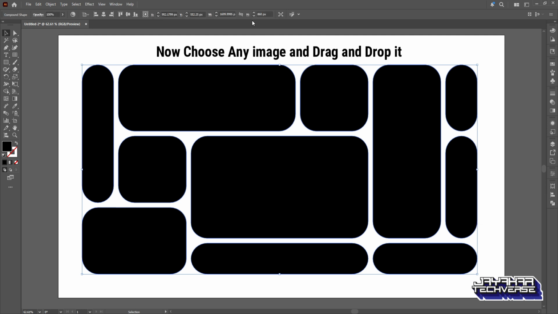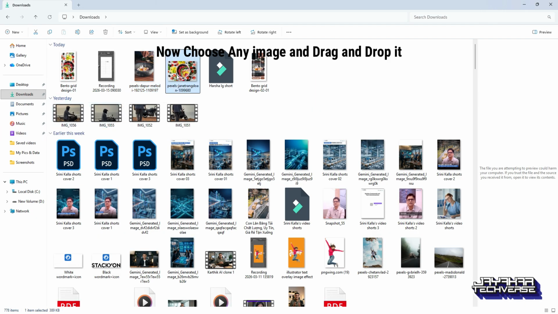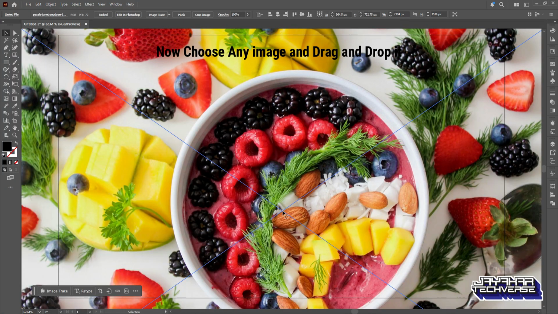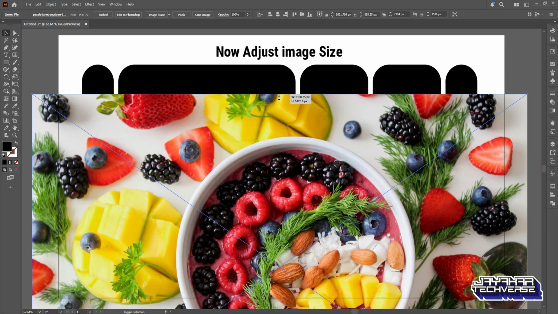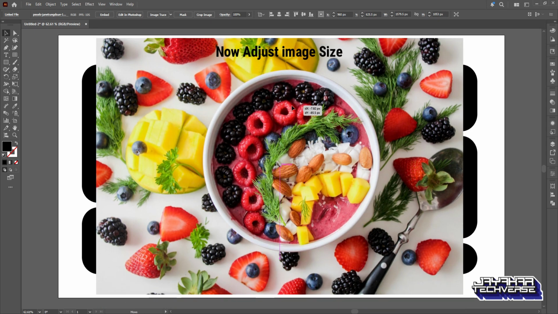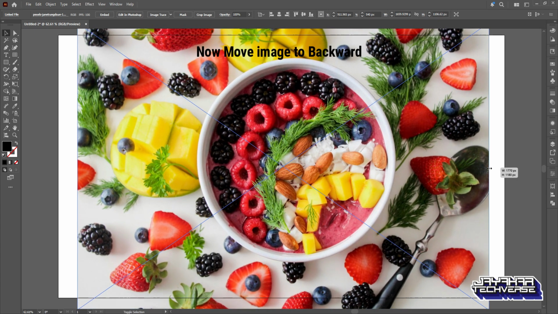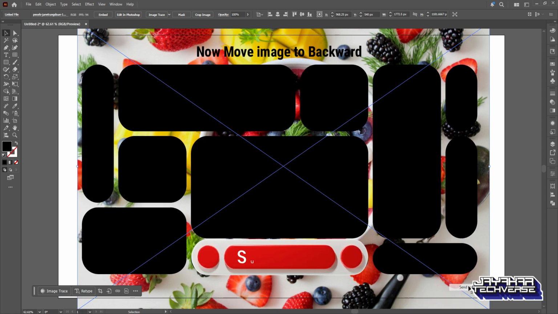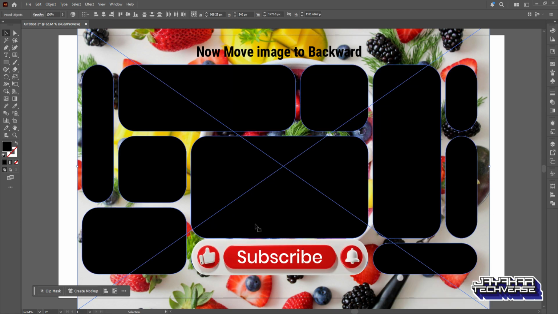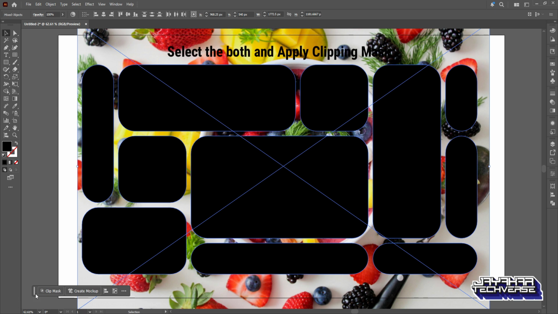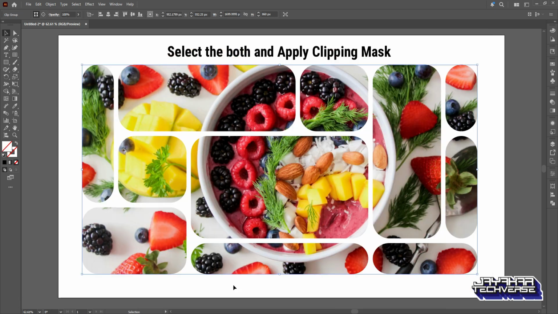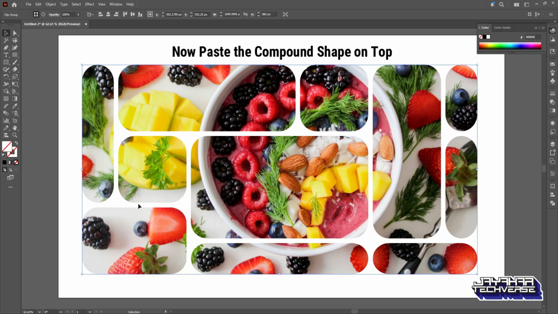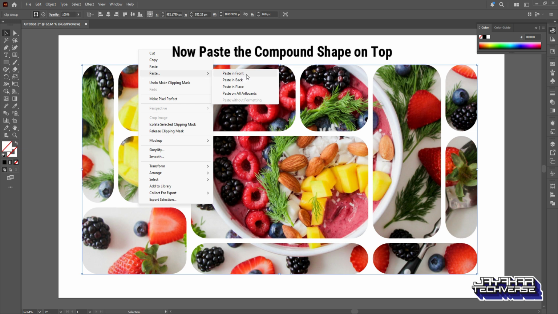Once compound shape is done, now choose any image you like, or you can drag and drop. Once you drag and drop it, now adjust the image size as shown here. Now move image to backward by, now select the both object and shapes and apply clipping mask. Once clipping mask is done, paste the compound shape on the front